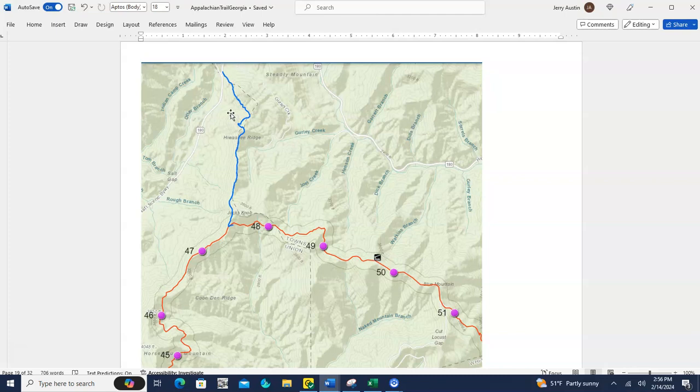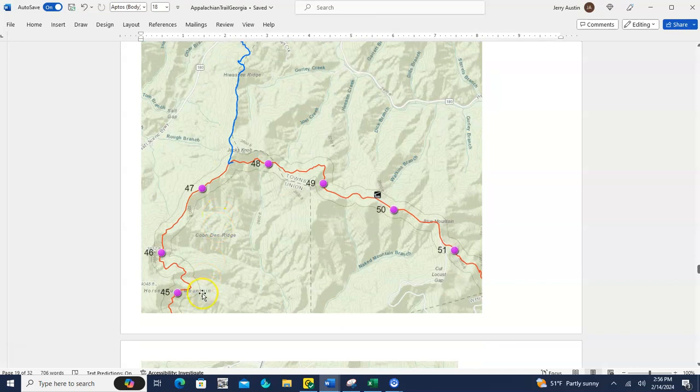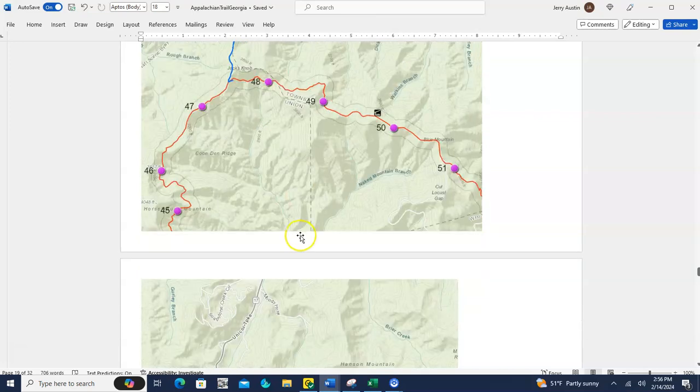I'm going to call them view graphs, and I've got a lot of the information. I've got the mile markers, I've got the shelter, the names of the shelters, I've got the side trails and where they're going to, and the parking areas and the roads and so forth. It's kind of busy because I wrote a lot of stuff on it to help you hikers out, to tell you exactly what all these blue blazes are for and so forth. So anyway, here's